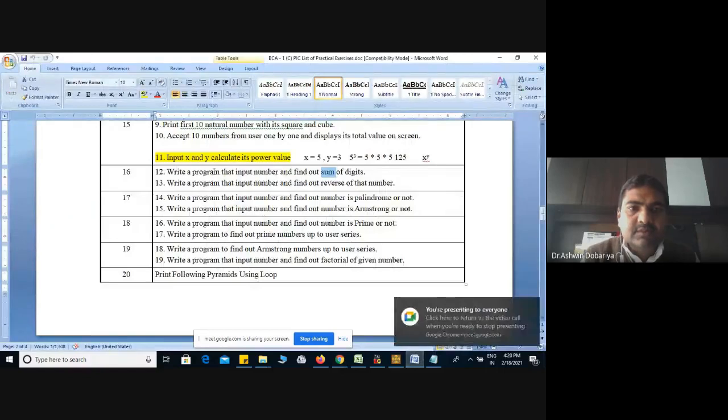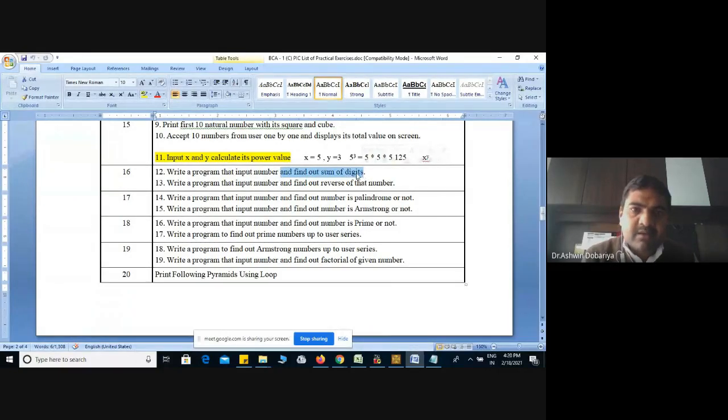The program that inputs a number and finds the sum of digits. Is this program clear to all of you? Last time we discussed it or not?